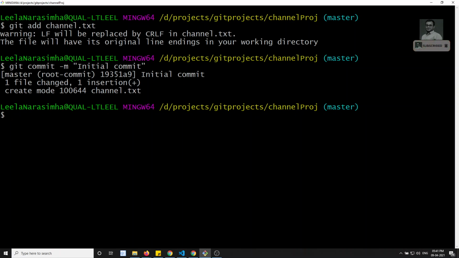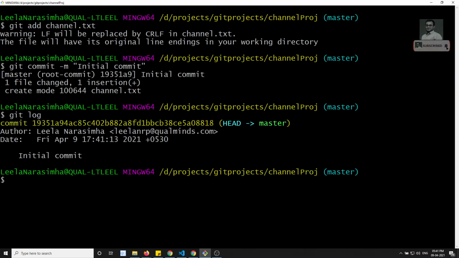So what has happened now? As we already discussed, Git is an object store, right? So where will this data be saved? Let's check. Now if you check git log and type it, here you will be able to see the commit I have made. I have already told you, everything in Git is an object. So the key will be a hash and the value will be the data, the content. Either it may be a commit, a branch, or the content, whatever it may be, everything will be in key value pairs.